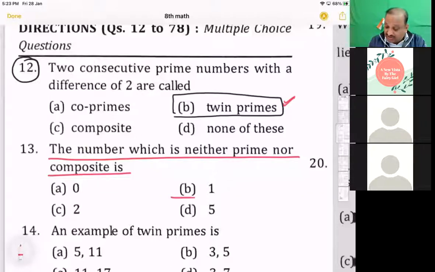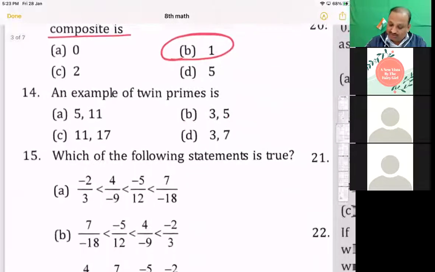बच्चे इसका आंसर होता है 0, सॉरी नॉट 0, इसका आंसर क्या होता है 1, which is neither composite nor prime. ओके, चलिए कुछ और क्वेश्चंस करते हैं।